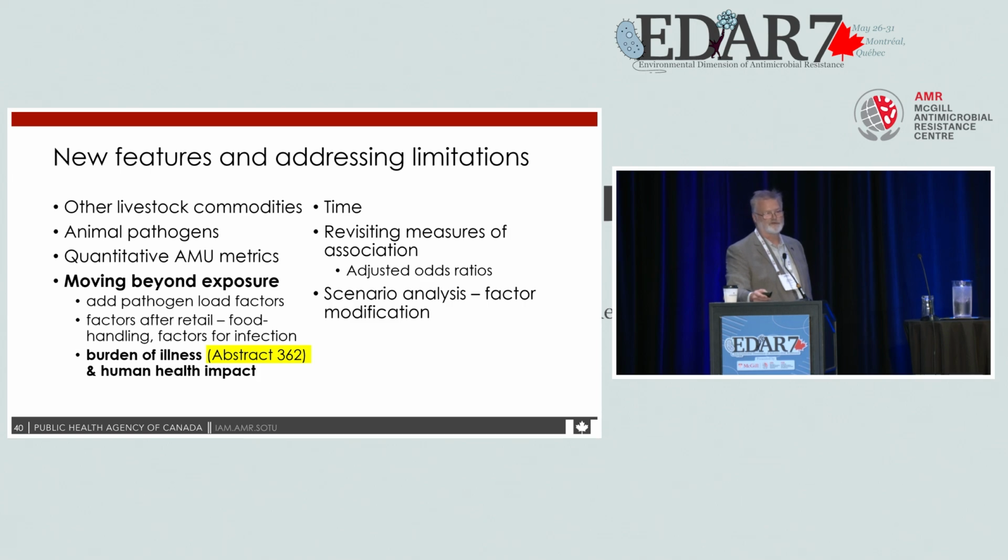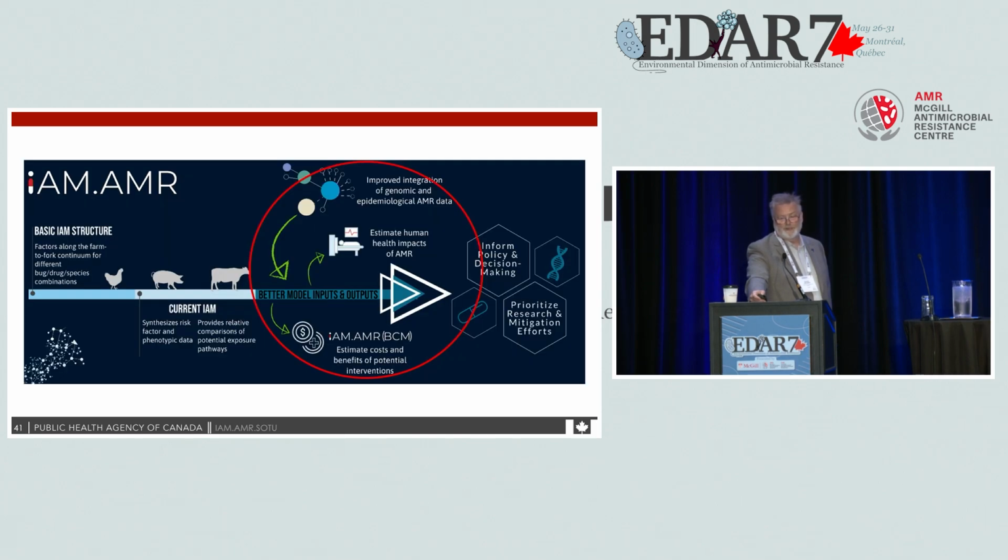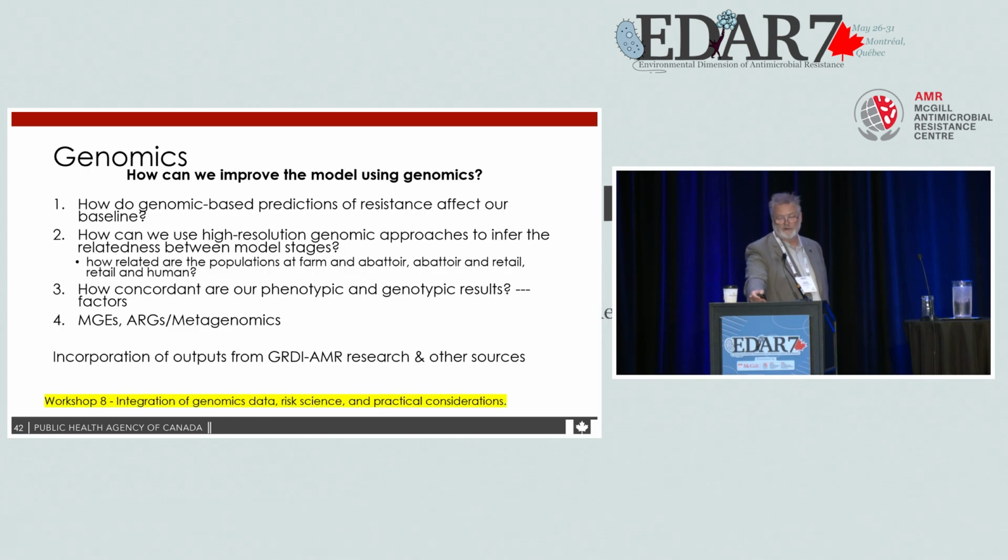We really should be able to construct the same sort of nodal propagation beyond exposure. We have some issues with temporality that need to be addressed. We need to relook at the odds ratio, as I mentioned. And also, we haven't got very far in one of the intents with the model, which is comparing, controlling the risk factors, removing them, introducing new risk factors to see what sort of relative impact that has. That's just describing what I mentioned about adding the human health impact.